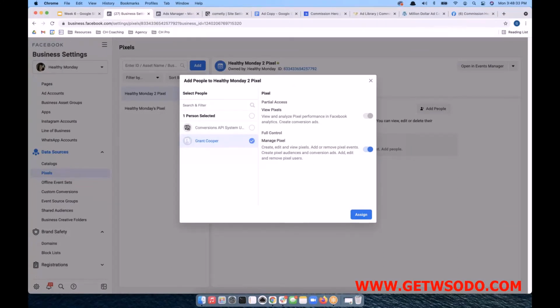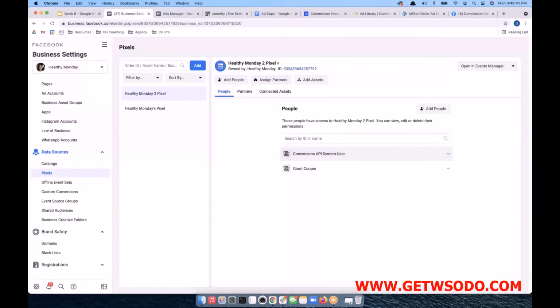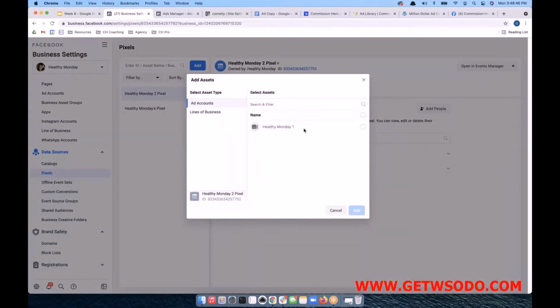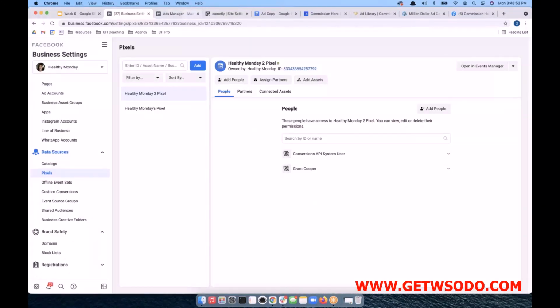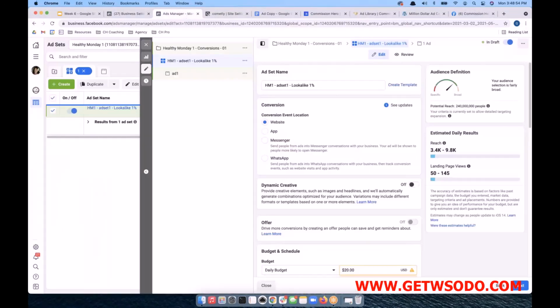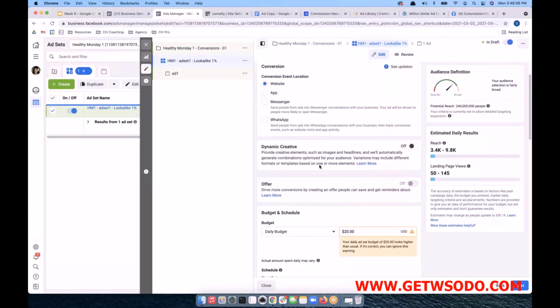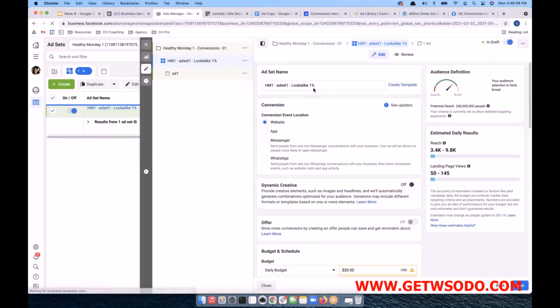Yep, exactly. So guys, just as I showed there, data sources, pixels, select the pixel, select your name, manage pixel, full control. Okay, and then you also have to do add assets here. You'll see the Healthy Monday one and select that. Now hit add. Okay, and that will do it. All right, so watch, I'll show you in real time what this is going to look like. We can just come back to our ads manager we're building. And then if I just go ahead and refresh the screen,